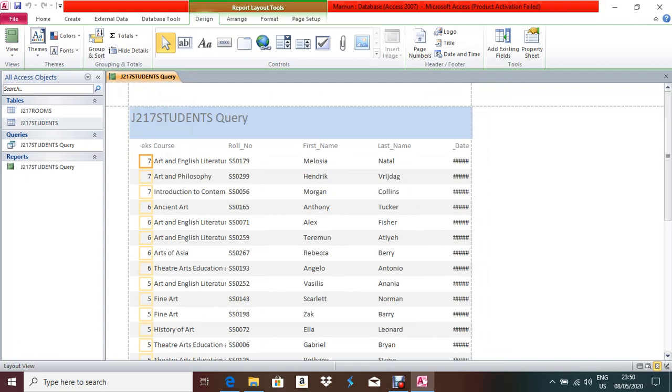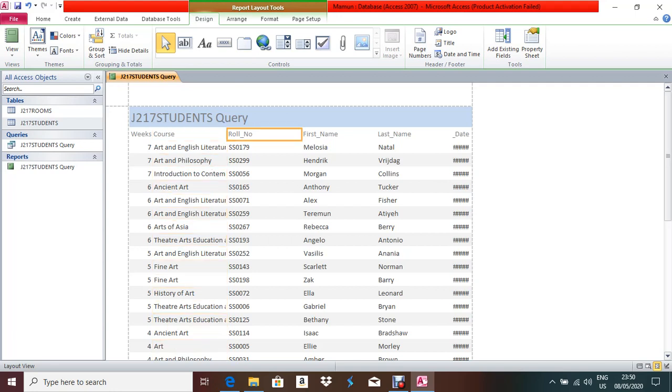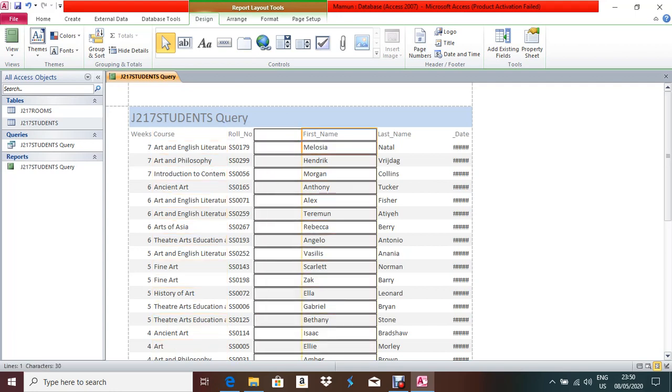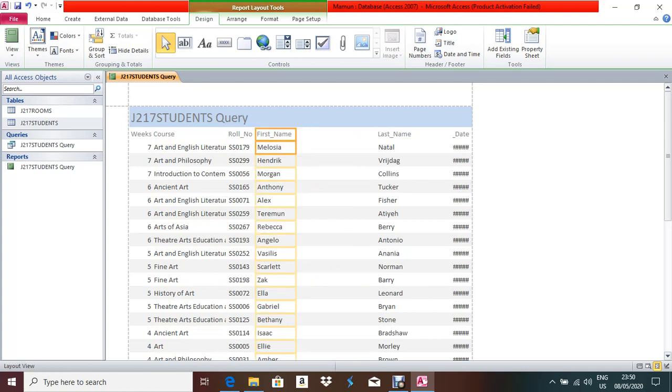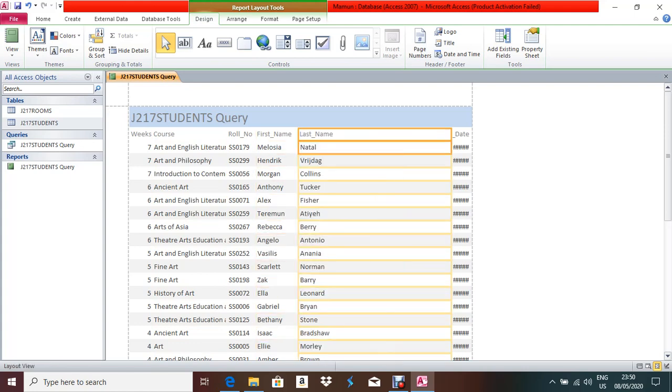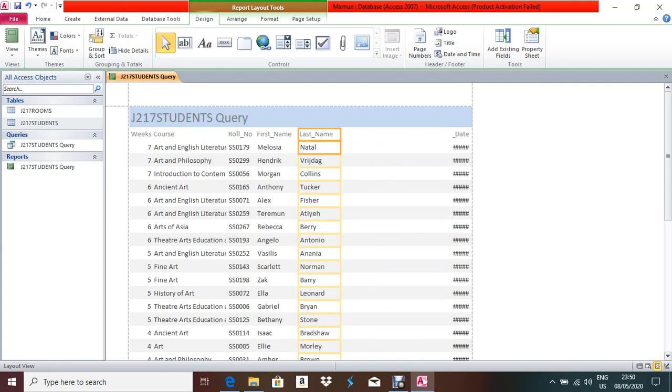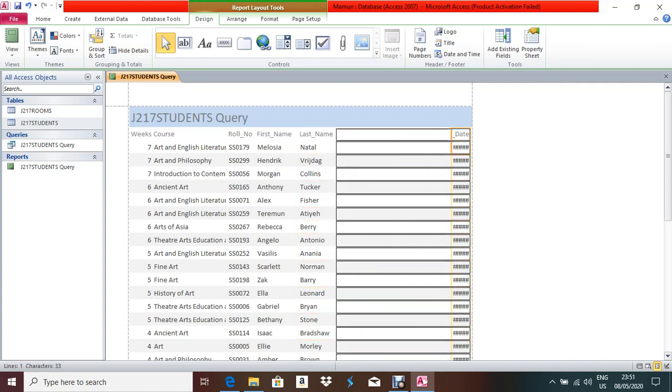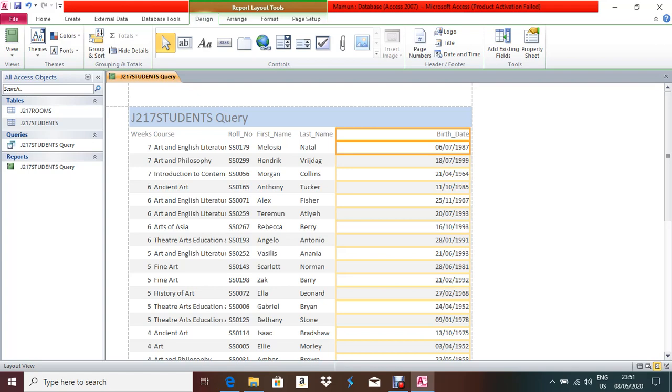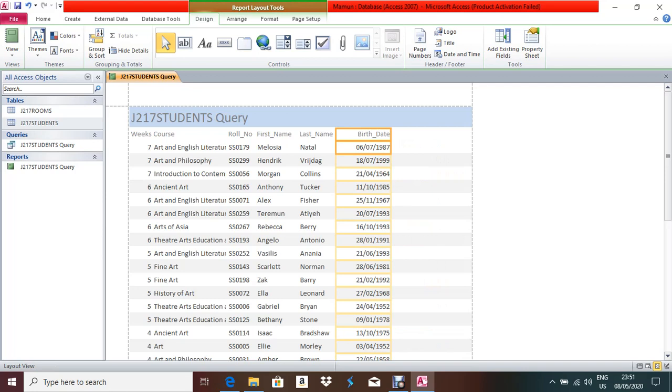and arrange the fields in the proper way. Weeks, course, roll number, first name, last name, date of birth, paid.